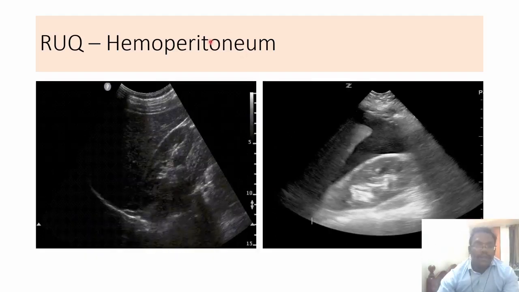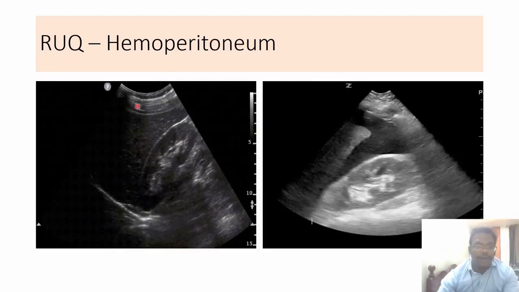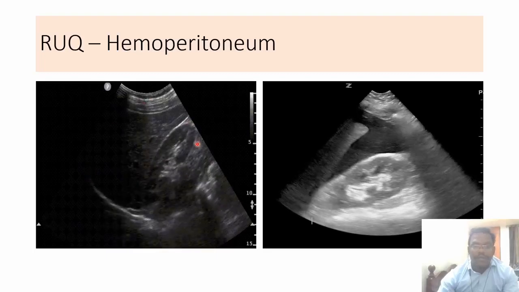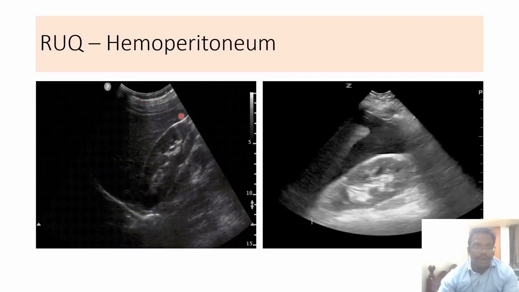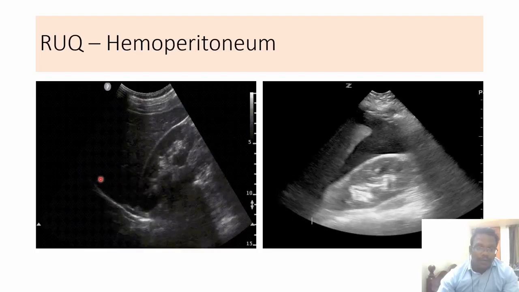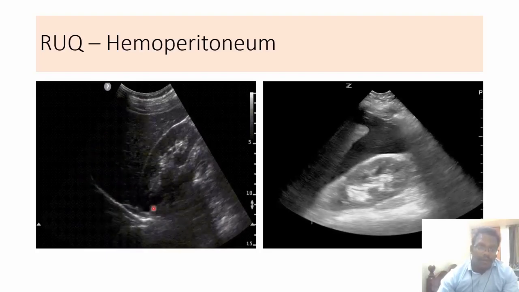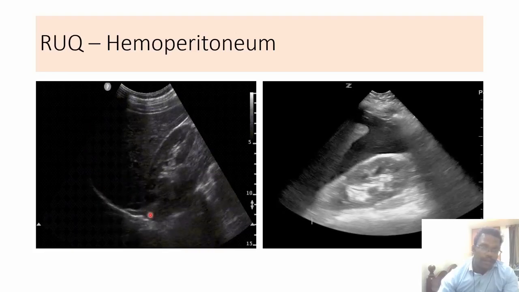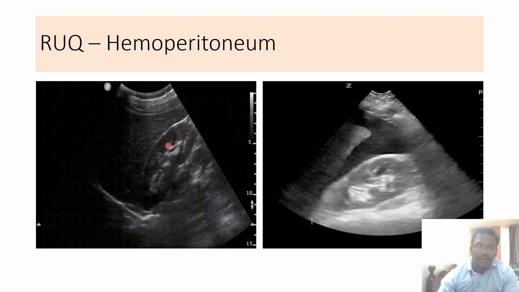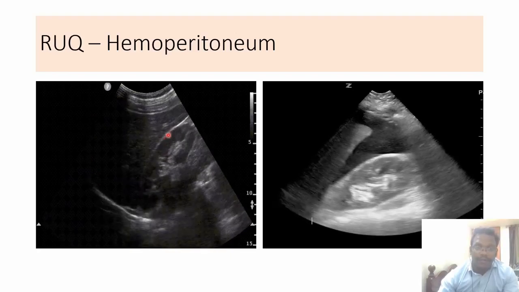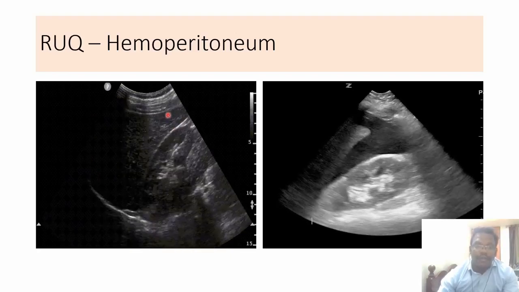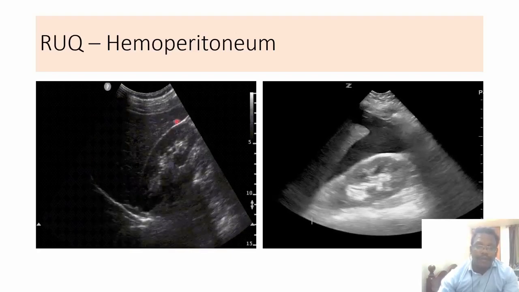So let's see another example for right upper quadrant fluid collection. This is a completely normal picture of the right upper quadrant view. Here we can see the diaphragm, and this is the liver, and there is no free fluid in the suprahepatic space, and this is the Morrison's pouch between the liver and the right kidney. There is no free fluid collection, and there is no free fluid collection around the caudal lobe of the liver